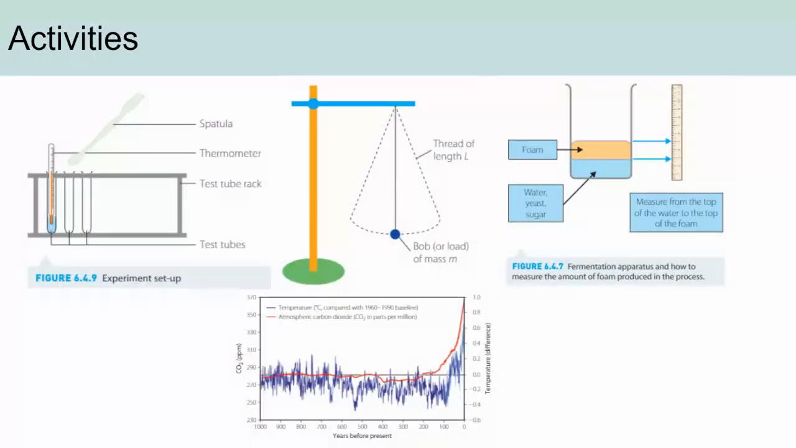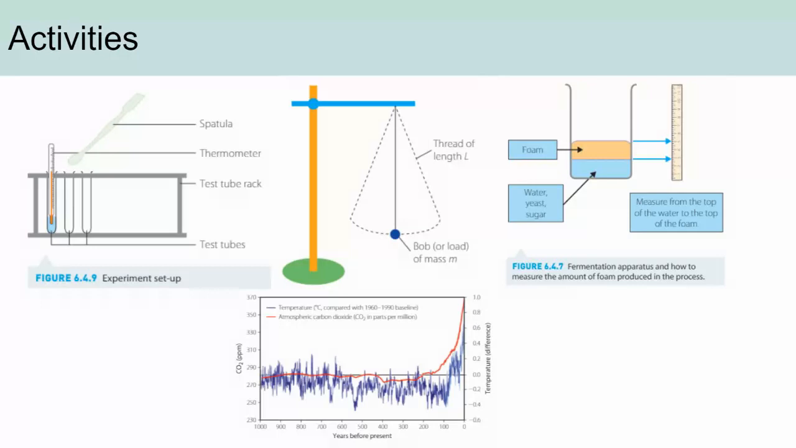So the activities we're going to look at today, and we may not get to all of them in the classroom, but the first is we're going to look at exothermic and endothermic reactions and see that happening in a chemical way. We're going to be looking at the pendulum experiment to see how we would use the law of conservation of energy in physics. We're then going to look at fermentation reactions, looking at how biological systems use the law of